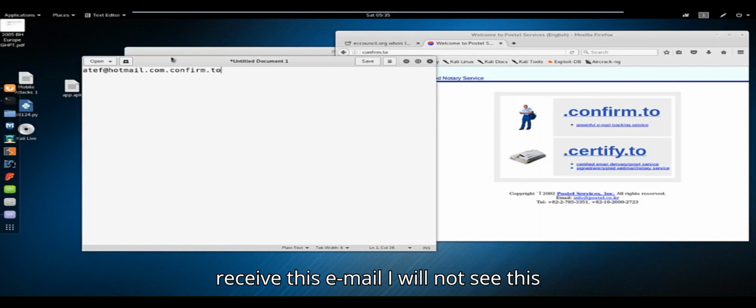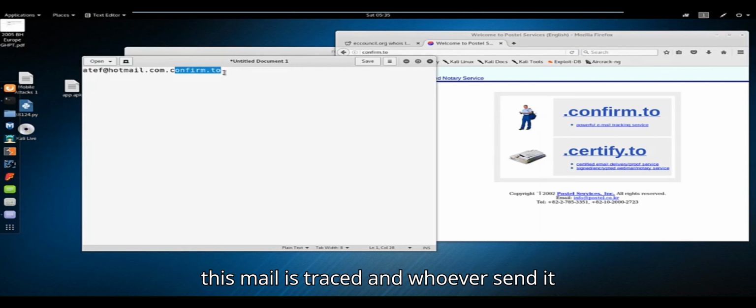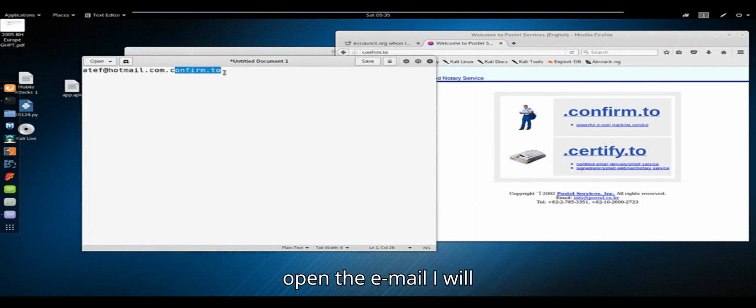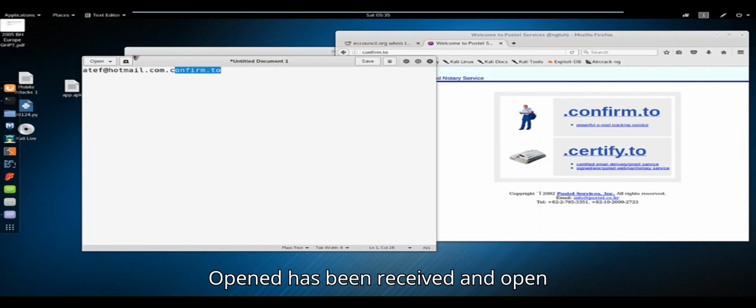So what happens is, once I receive this email, I will not see this part. I will not be aware that this mail is traced and that whoever sent it is tracking the email. But once he opens the email, I will receive an email saying that the email has been received and opened.